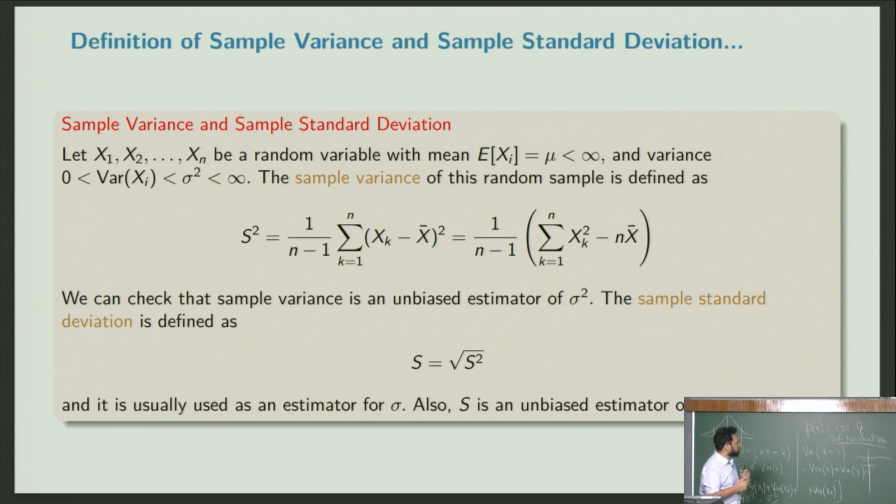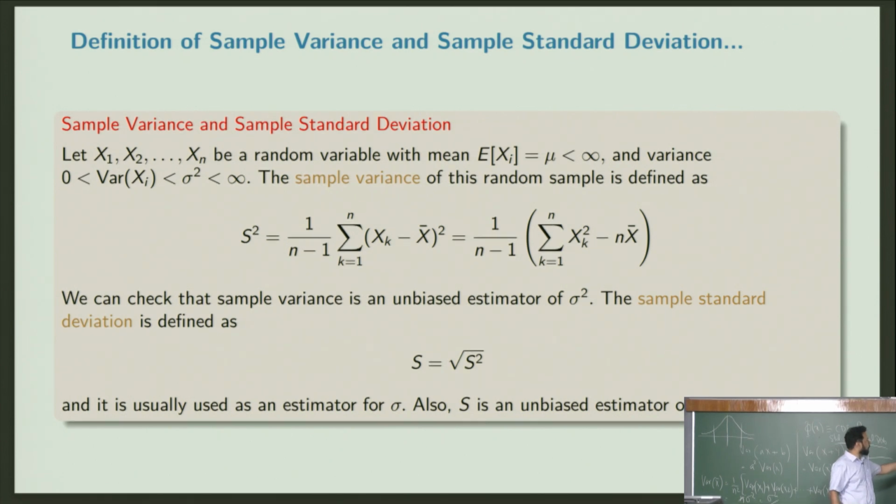So what about variance? We have these statistical terms like mean, so we dealt with that. Now what about variance? We have to do it with samples. Of course we can again define variance from the samples. We can define variance to be like this. You can ask why it's n minus 1. There is a trick there. It's just that with n minus 1 rather than n, it becomes an unbiased estimator.